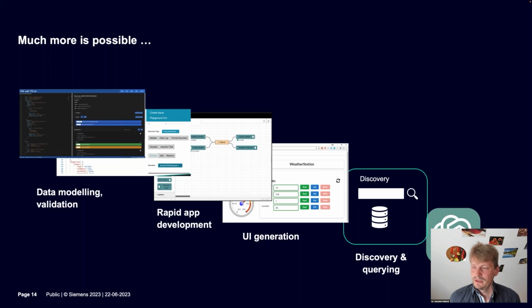And here again, I would recommend that you join the talk from Erich Barnstedt. He will give more insight into how ChatGPT and thing description, Web of Things, can be combined to also simplify the asset onboarding